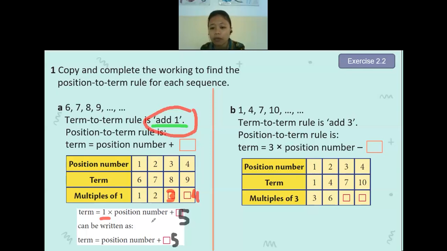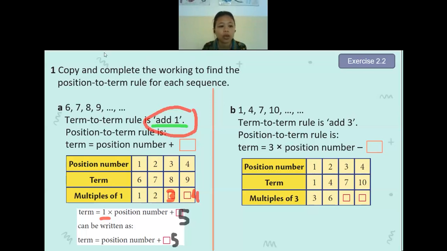Is there anyone having questions, or am I going too fast still, or is there anything that I need to repeat? Hello. No, teacher. Okay, really? Is there anyone having difficulties to ask me before? No? Okay. If no one got confused, then I will continue to question B.